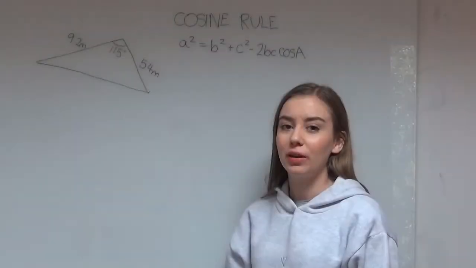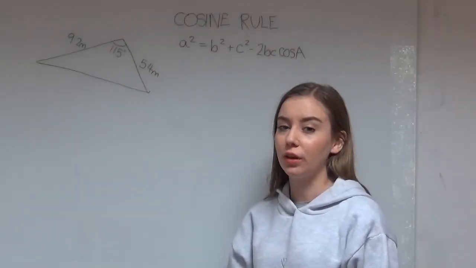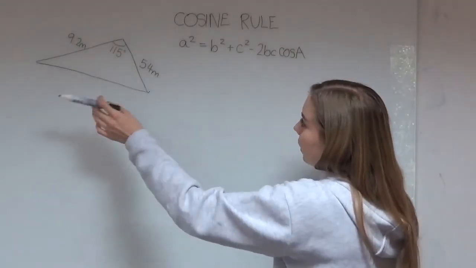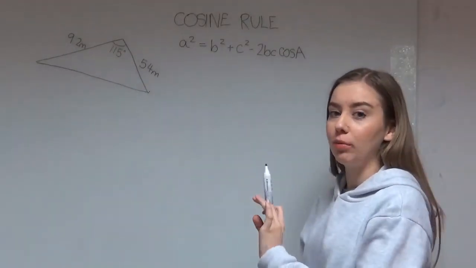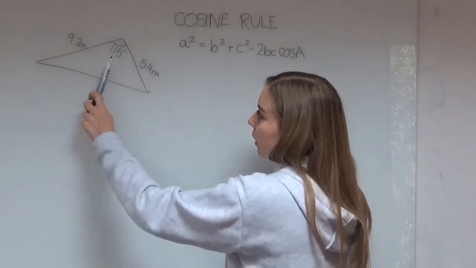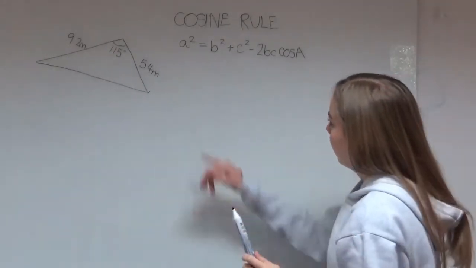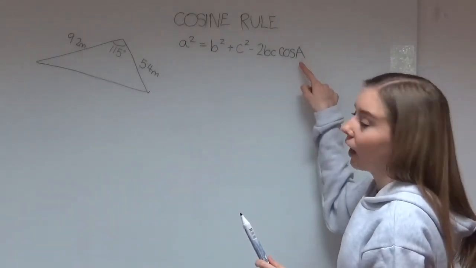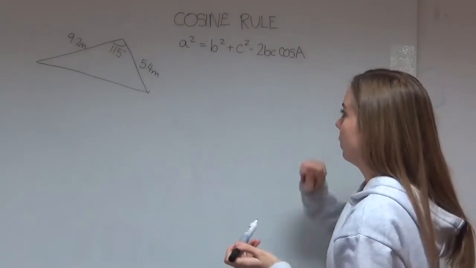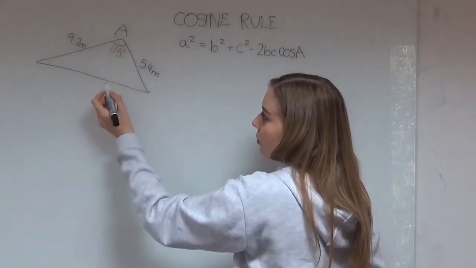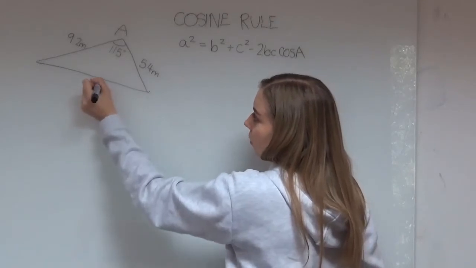So in this video I'm going to go through an example question using the cosine rule. So this is the triangle that we've been given, and the most important thing at first is to label that triangle up correctly. So we've only been given one angle here, this 115, and if you look at the equation, the only angle in the equation is A, it's because angles are denoted by capital letters, so this must be our A here. And then we know that the length opposite that is just a lowercase, so we'll label that